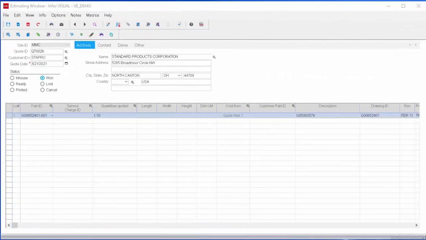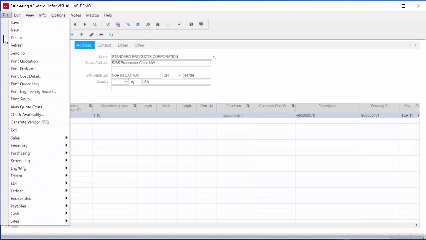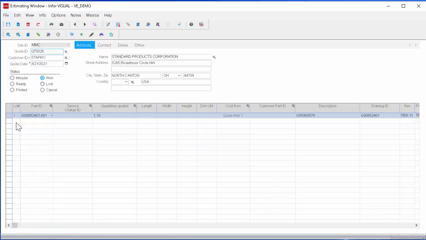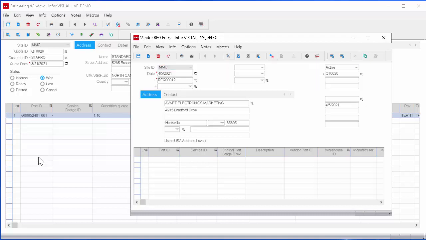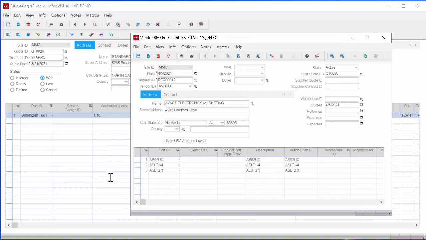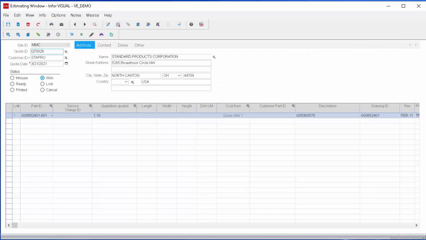With this example, I'm going to be able to go over and show you more features, and that includes the generate a vendor RFQ from the current quote line. And the generate RFQ window comes open. I can press the button, it will generate an ID automatically for me, and you can see it populates with the open materials that need to be quoted. Back in the estimating window, I'm going to save my order,